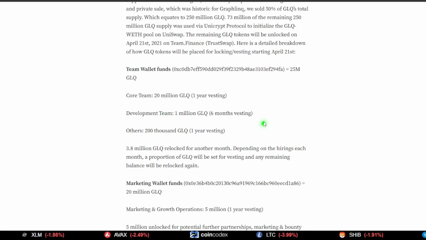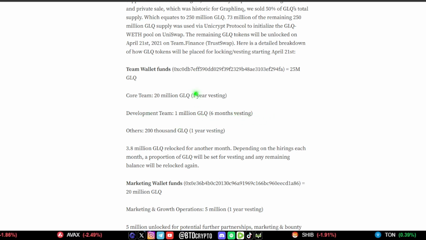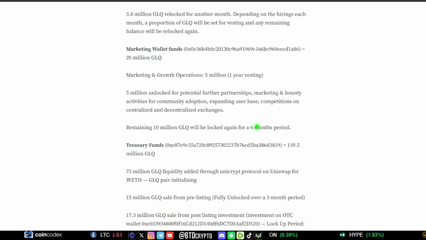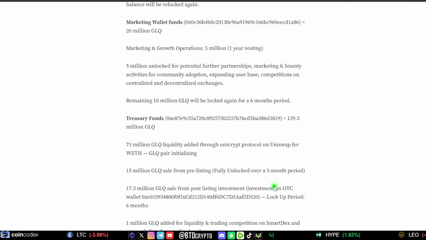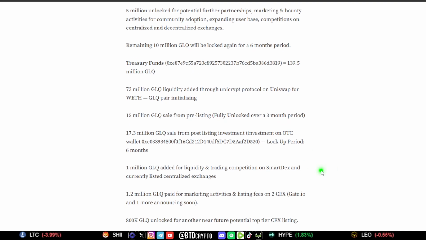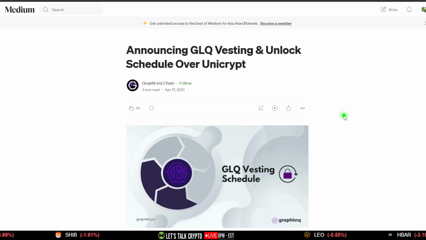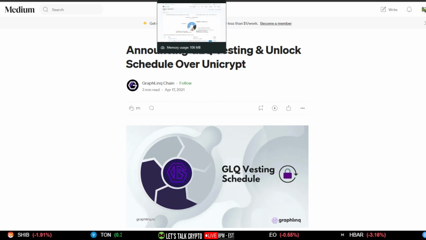So the team got this much, 6-month vesting. This is already done. This is 1 year vesting. This is already done. So in a way, that's a good thing. At least you know that the team has sold already if they were going to sell, and so on and so forth. All these tokens are already unlocked and out there, and you can see the timing based on the vesting, 3-month period and 1 year and 6 months and all of that. So a lot of these tokens are already in circulation, which is a good thing. But at least update the community. Okay, update us with proper numbers.